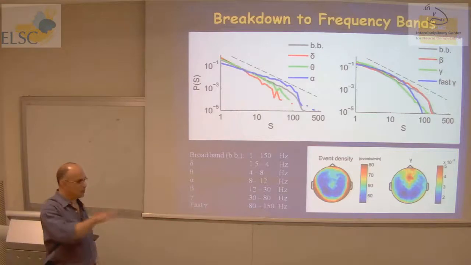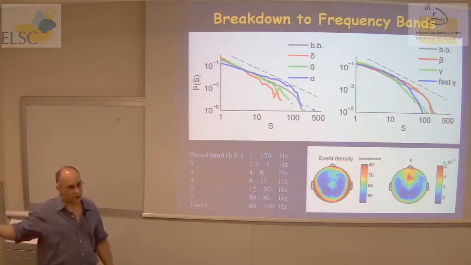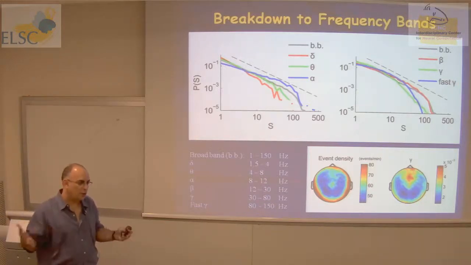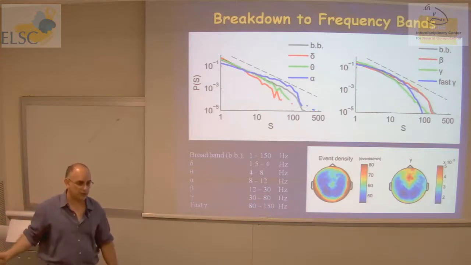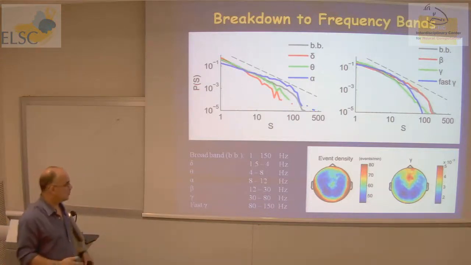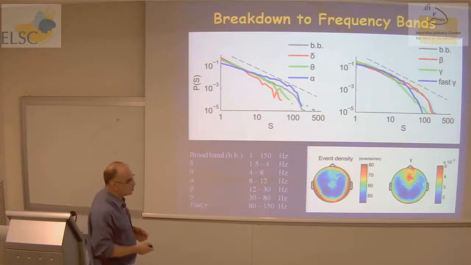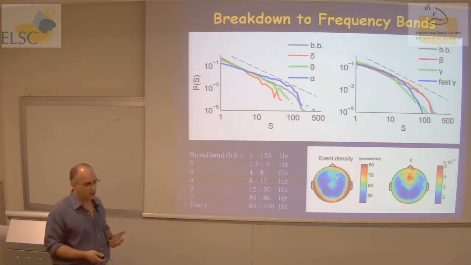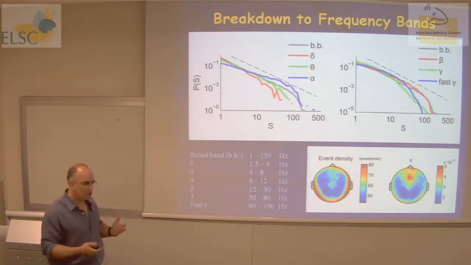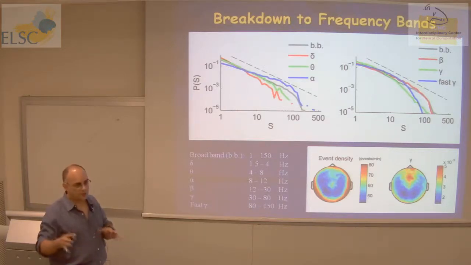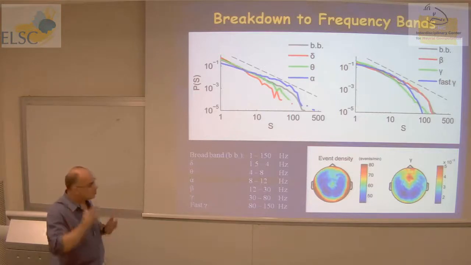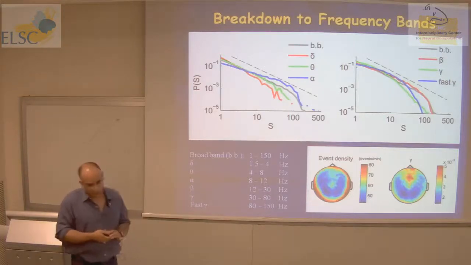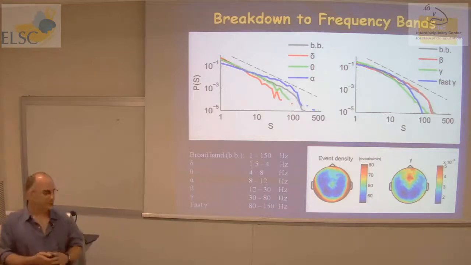Of course, the low frequencies are important, but the higher frequencies have very, very fast fluctuations, so they can contribute more events. In areas where you get more gamma or high gamma, you just get more fluctuations. You get more events, so you get higher event density. So those frequencies do contribute to the avalanches, but maybe the avalanches reflect some kind of crosstalk between frequency bands or some other things that are beyond those frequency bands.